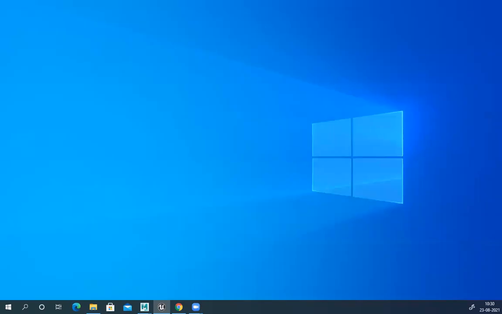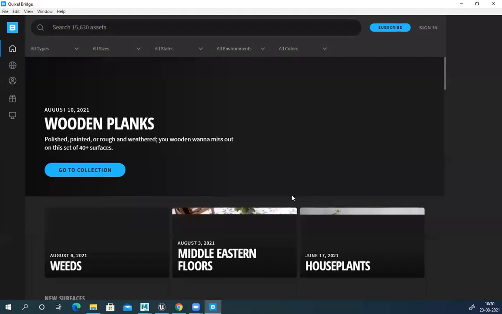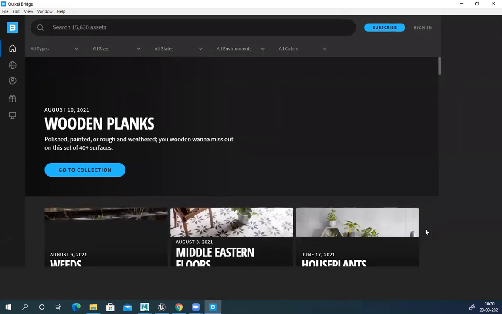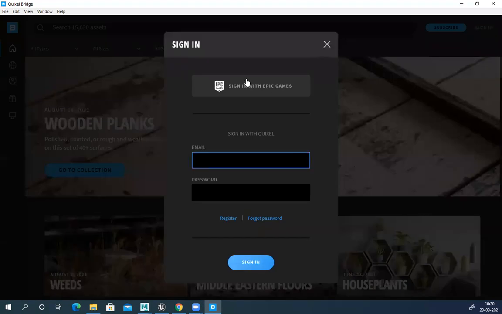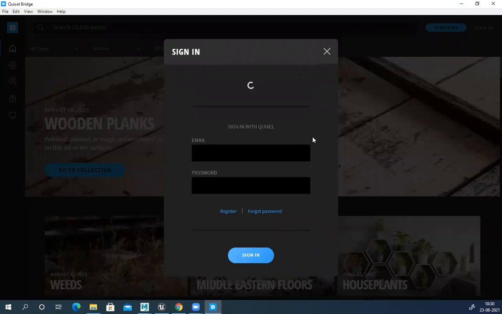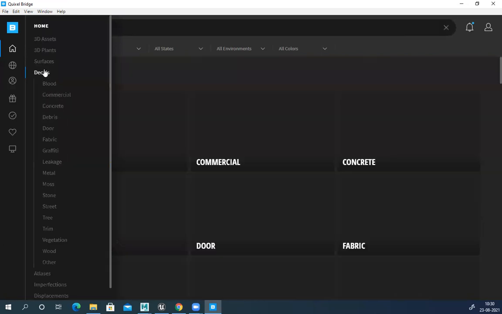Let's see if I have some other decals. Just opening the bridge. Decals.